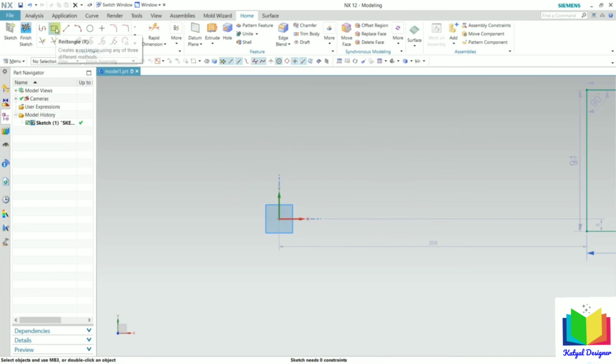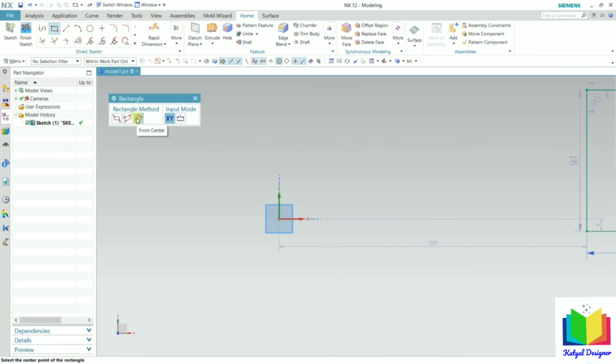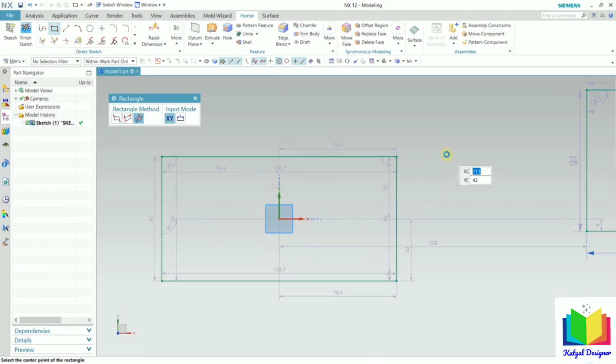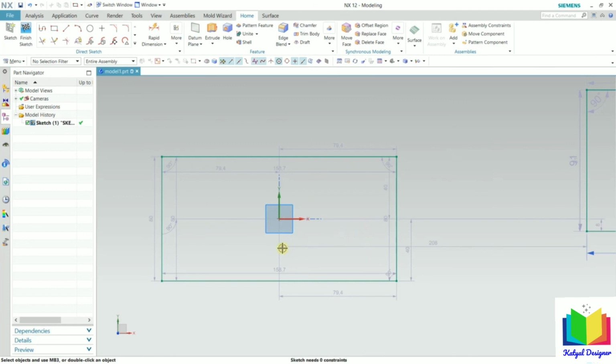Now go to the rectangle and select center rectangle, and then click for the first point. Take the mouse upward. Here we can see the second point. So with this we can specify the width, height and angle. I click here and then drag the mouse, and this is the third point. Press escape. So in this way we can see we have created the center rectangle.